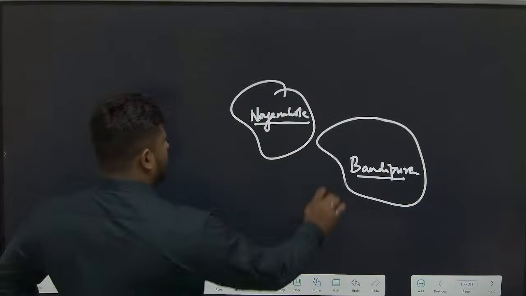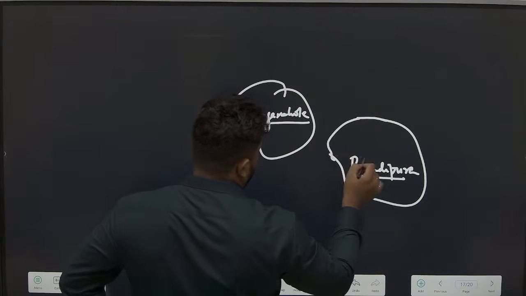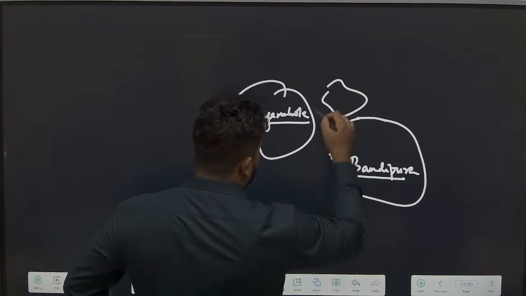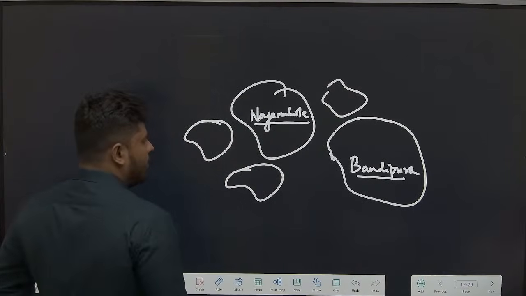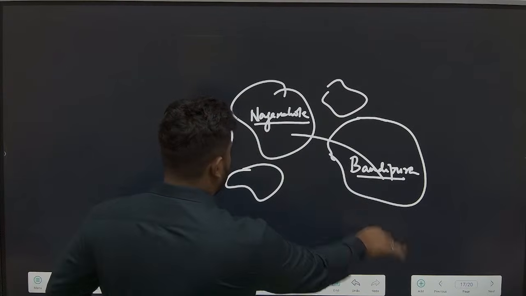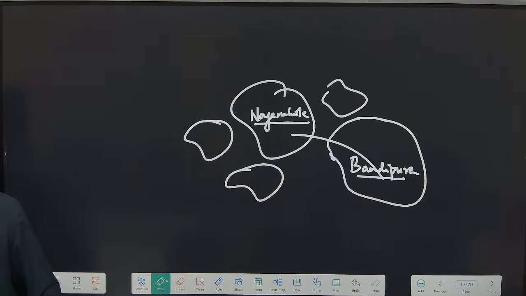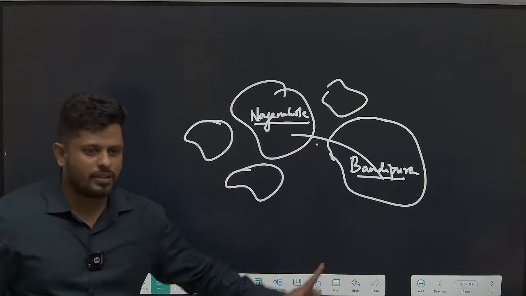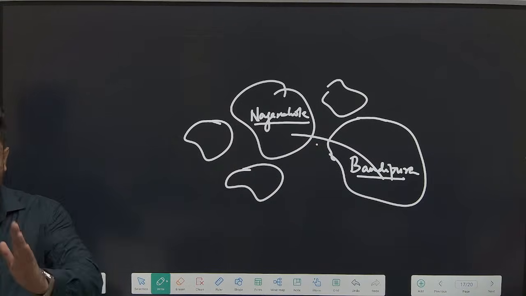But my point is, this is a national park, right? These two are national parks, or there might be a wildlife sanctuary nearby. What if an animal decides to go from here to here? And what if something happens in between? You are not in violation of the act, correct? You cannot, probably there are some restrictions in national parks. You cannot go in, you cannot do this. The basic objective is not to disturb that particular animal. What if something happens in between? Usually you have heard of corridors, elephant corridors, correct? You have heard this concept of wildlife corridors.